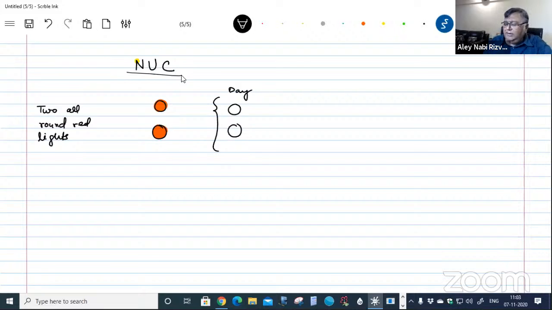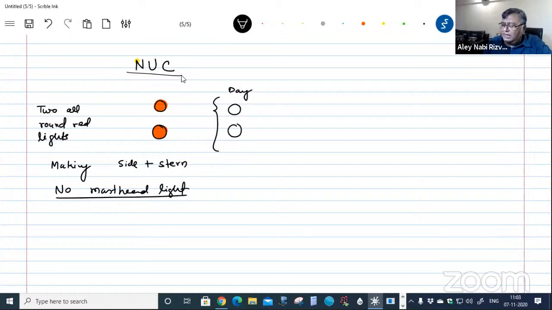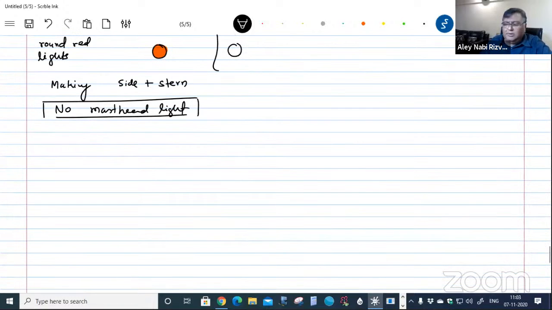All right. And when making way, side lights plus stern light. Okay, remember, there is no masthead light. There is no masthead light in case of NUC. That is the keyword you need to take. All right. Then we talk about RAM, restricted in ability to maneuver, and RAM except